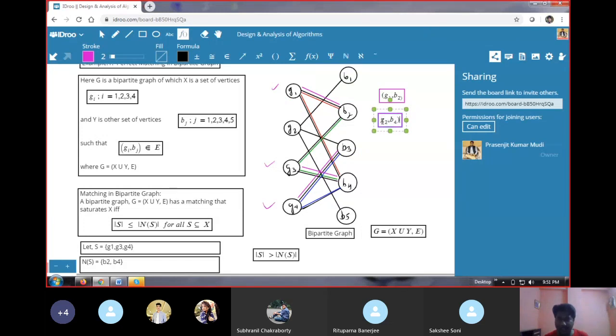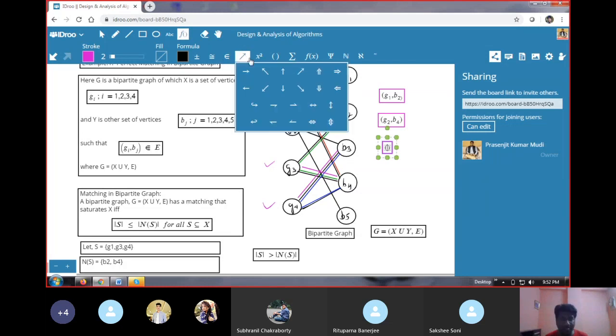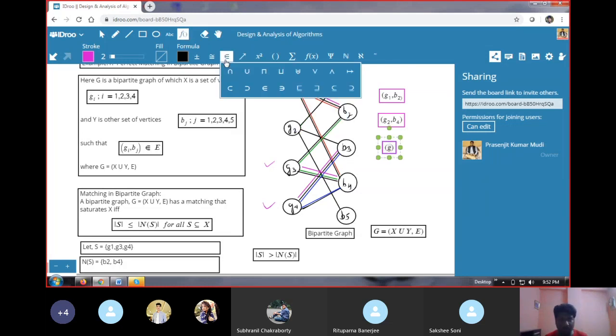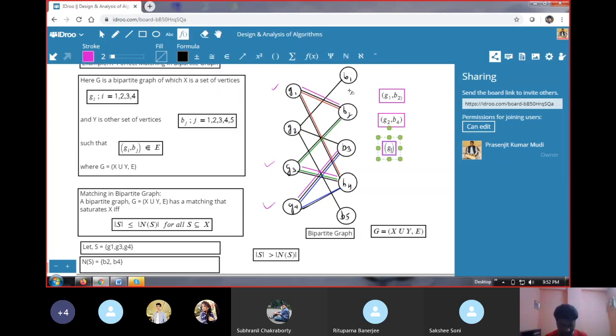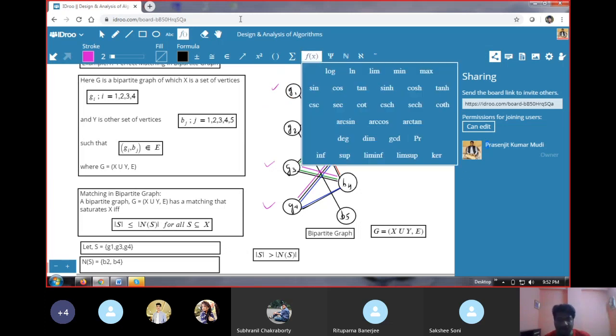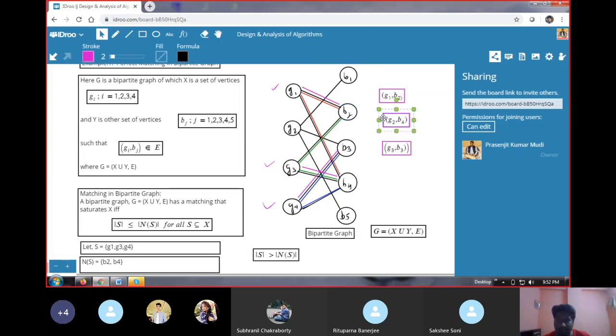This is another possibility, G2 comma B4, and we have G3, B3. If I select this, then I can find the matching,